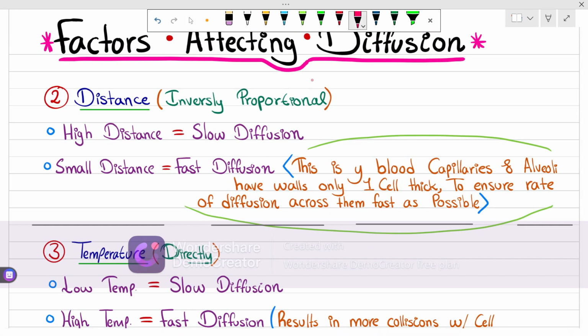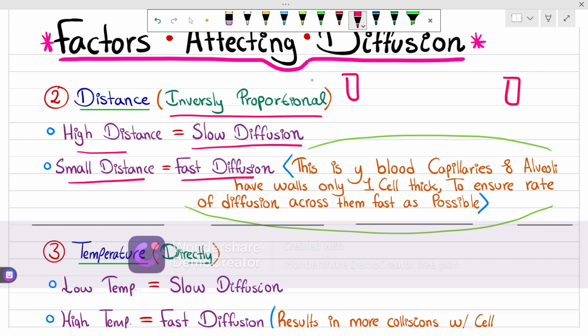The second factor affecting diffusion is distance, also inversely proportional. High distance is equal to slow diffusion, and small distance is equal to fast diffusion. So just imagine two doors next to each other, one door and the other door, a parallel distance between them. If you want to run from this door to this door, it's going to take you more time here,